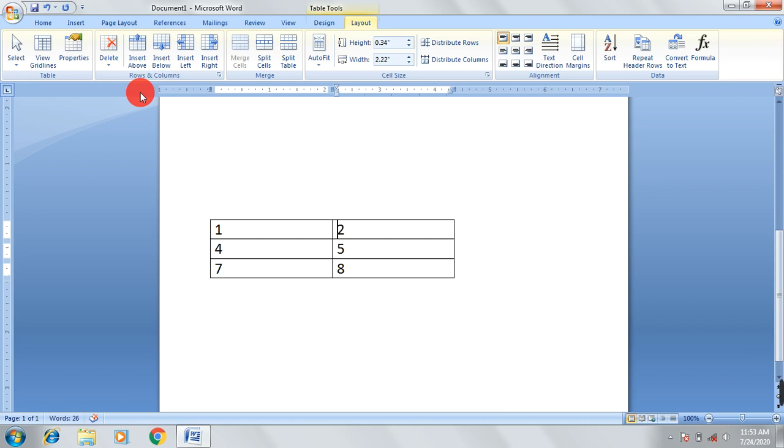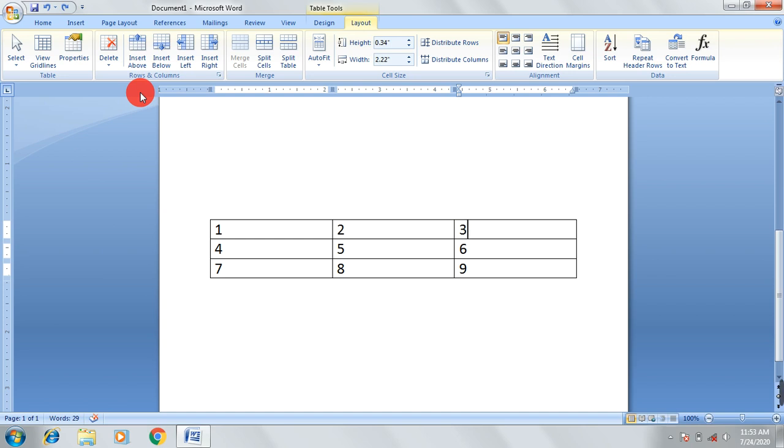Now I am going to show how to delete a cell from the table. If you have to delete a cell, you have to shift data either left or up.